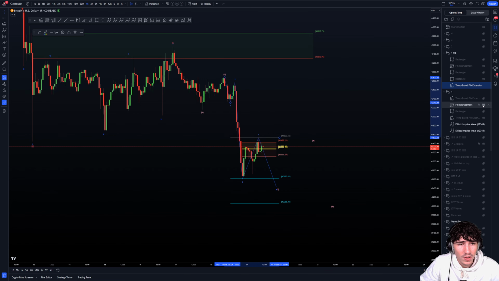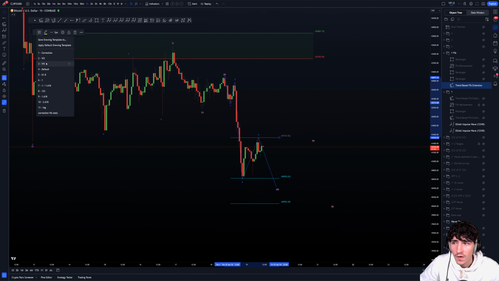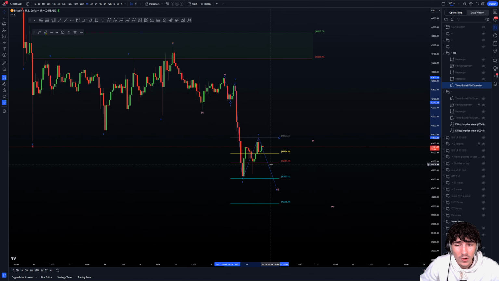So let me just remove this really quick. You're going to look for the wave 5 targets: 0.618, 1.20 extension, 1.618, 2.618. The prime is 0.618. That brings us with the wave 5 stopping before the wave 3 bottom. It is less probable. Then we have the 1.20 extension, again less probable. Both bring us a truncated wave 5, so wave 5 is going to stop before the wave 3 bottom, so it's less probable.